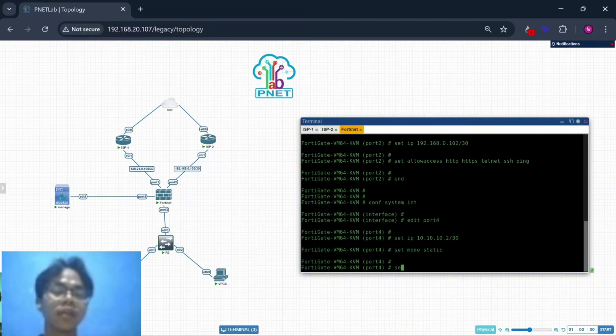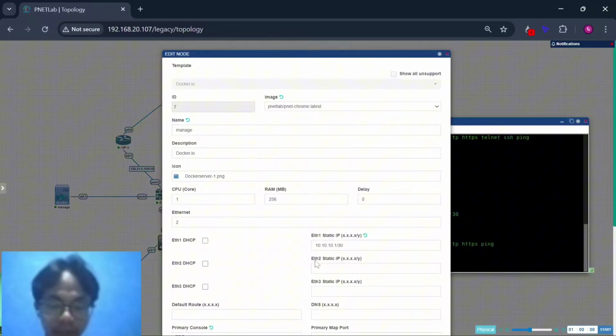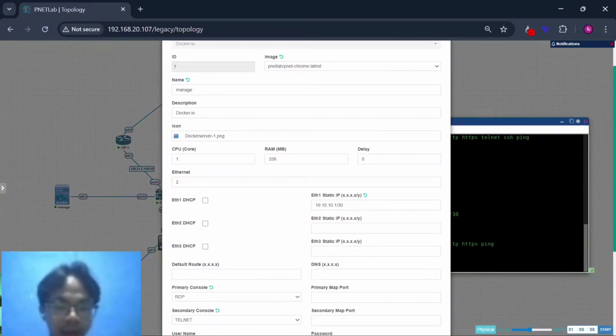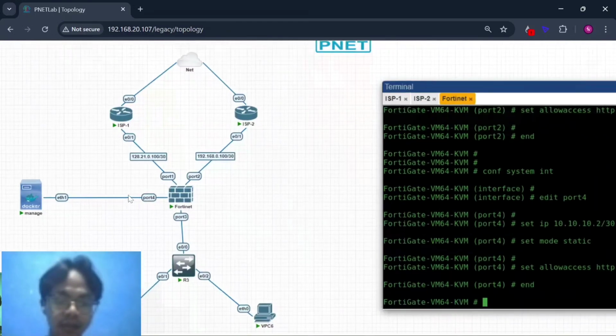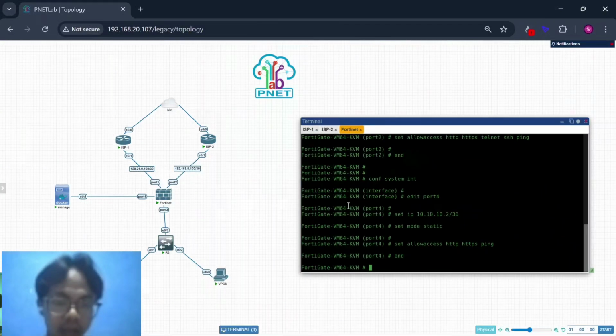And then set allowaccess HTTP, HTTPS and ping. Because I configured this Ethernet 1 as 10.10.10.1, and this port 4 is connected to Ethernet 1, I configure 10.10.10.2.